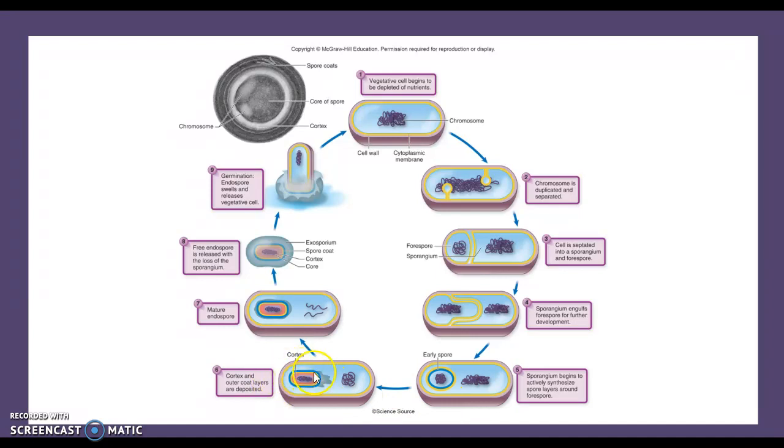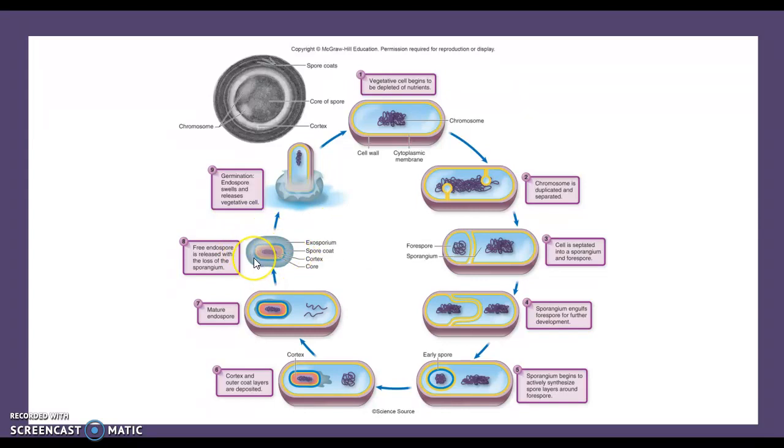These layers continue to build until we have this outer cortex that is developed, and we finally get this mature spore. And the DNA within the sporangium then is going to begin to break down, so that what we have left is the spore, contained in several different layers that are going to protect the spore from any changes in the external environment. Once